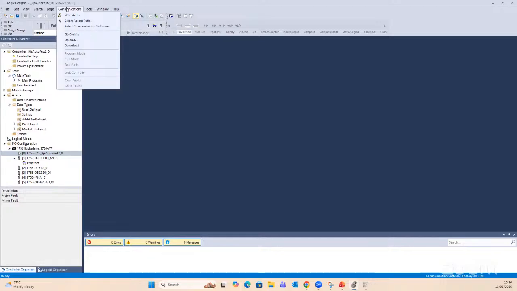RSLinx. So if you are doing your installation and you don't install the proper RSLinx software, you would have difficulty connecting to whether a live PLC or even your emulator. You will have a difficulty connecting to it. So then